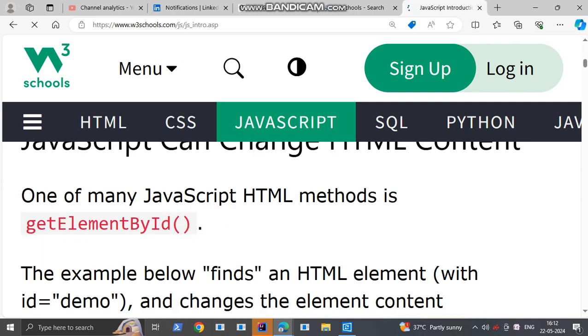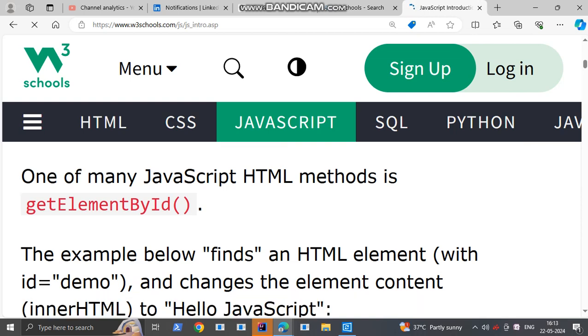One of the JavaScript HTML methods is getElementById. This method is mostly used. It is called a JavaScript HTML method out of many methods.